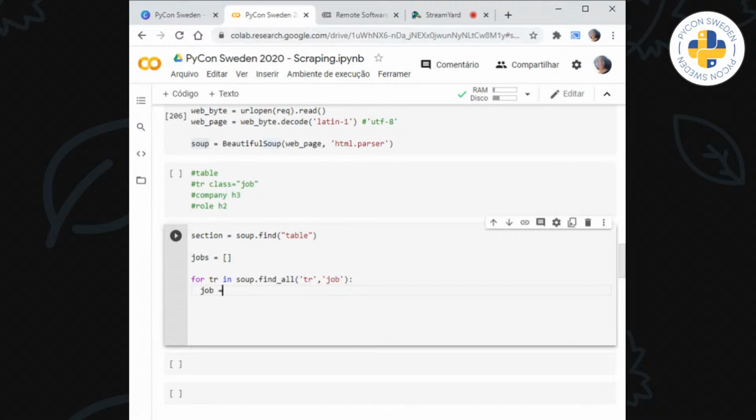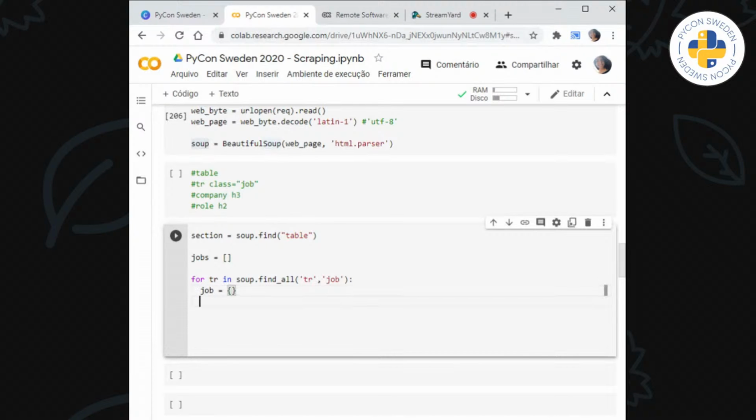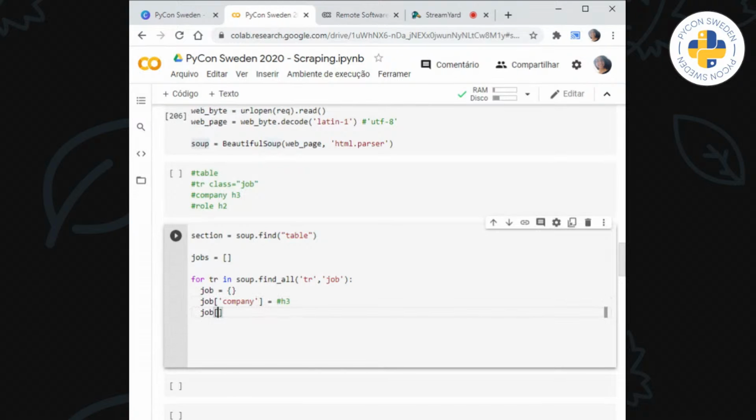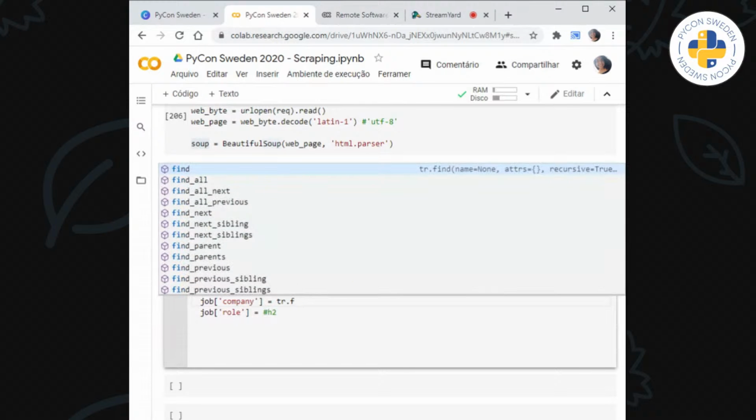For each job, we're going to create a job object, and we're going to have the company, the H3, and the role. To find the H3, we already have tr. So the H3 is inside tr. All we have to do is find H3 inside tr.